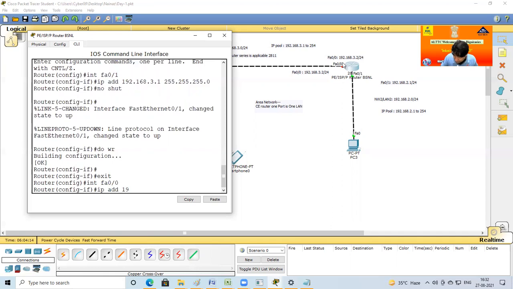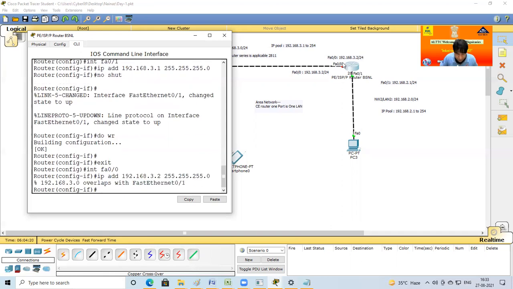Now exit. I go to the another port, interface FA0/0, allotment of IP for this port: ip add 192.168.3.2 255.255.255.0. Overlap with Ethernet 0/1. Oh, sorry. Here I made a mistake, because this port is allotted 2.1.